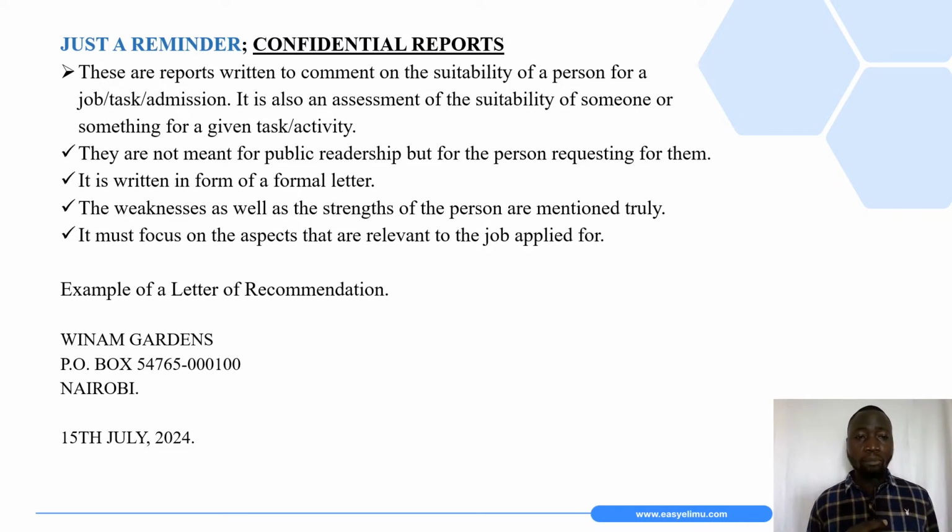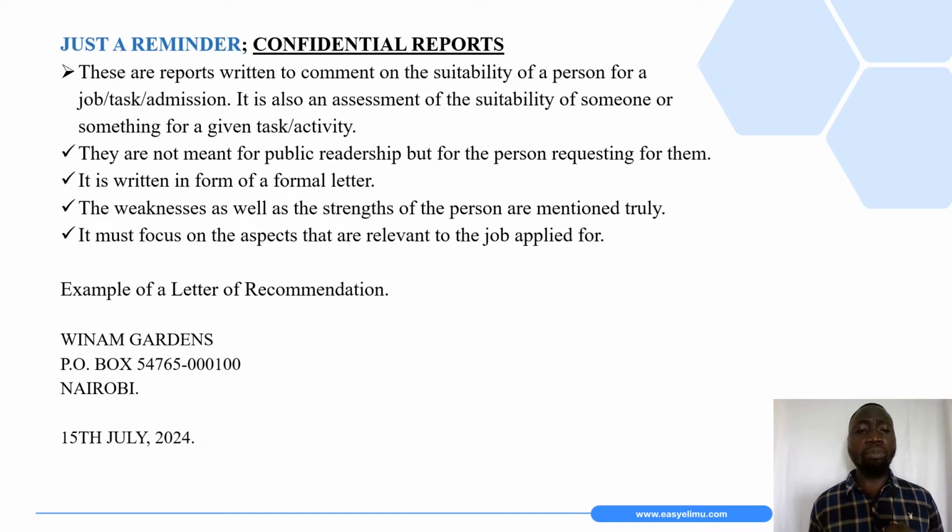So another important thing to note is that confidential reports or reference letters focus on the aspects that are relevant to the job applied for. So, dear students, I believe that the summary that we have on the screen has helped you differentiate between letters of recommendation and confidential reports. But of course, there are also certain similarities that we are able to